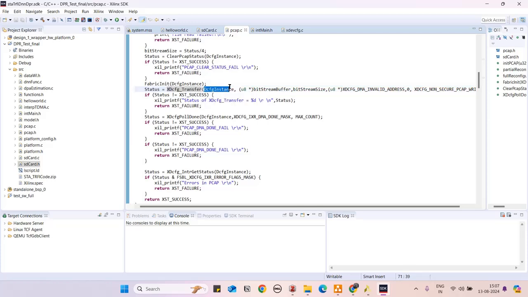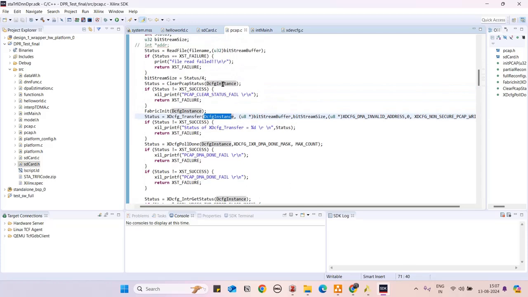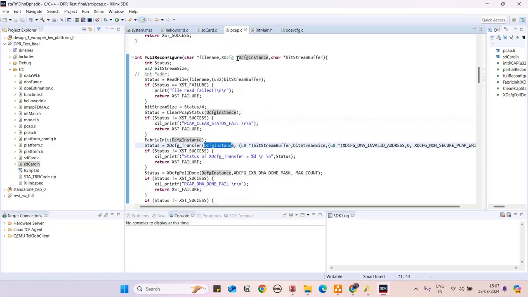So first we will send in this device configuration instance pointer. So this is the PCAP instance pointer that we have used. And then bitstream buffer. So this is the address of the data where our bitstream is located in the DDR memory. Bitstream size, how much data we have to send, in the form of 32 bits. And then now this basically should have been the destination address,